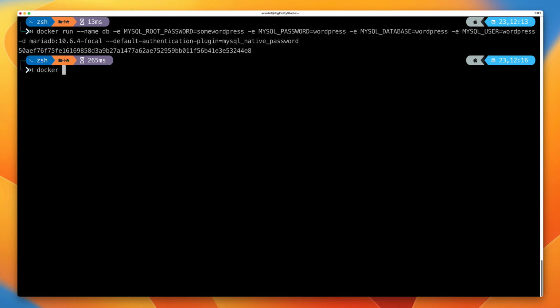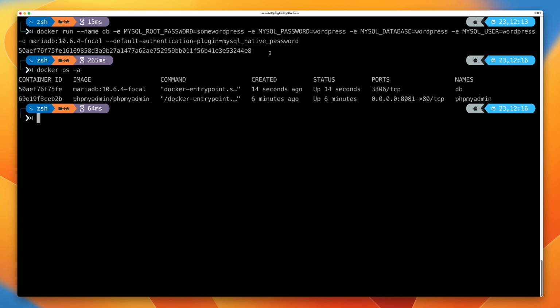And if we go ahead and run docker ps -a and press enter, we'll be able to see that we have this running container. So this container ID, it's using the MariaDB image, this specific version of it, and it's got the name of DB. Now the port that this exposes is 3306, and that's the standard MariaDB database port. Now I want you to go ahead and copy down this container ID and note it down somewhere safe, and just note it down as the MariaDB ID.